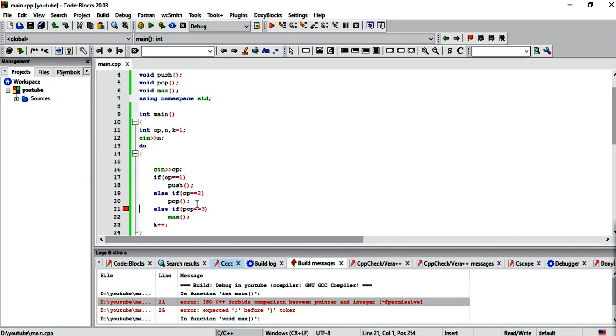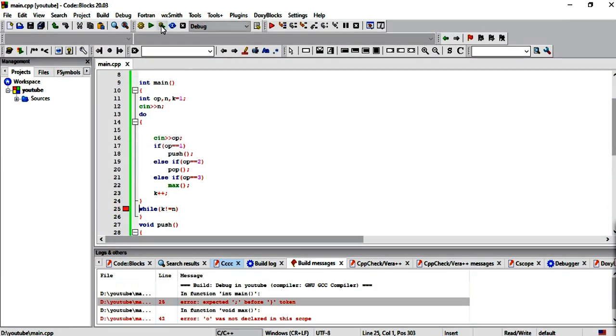op is equal to 1, 2, 3. Else if push. Okay, guys, here I was using pop, but it is the variable op. Let's run it again. While k is not equal to n.